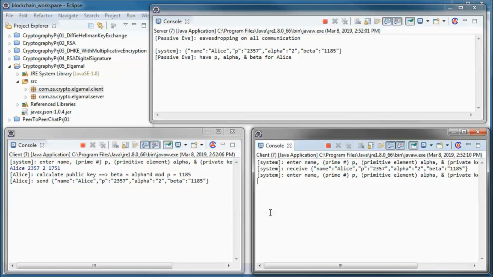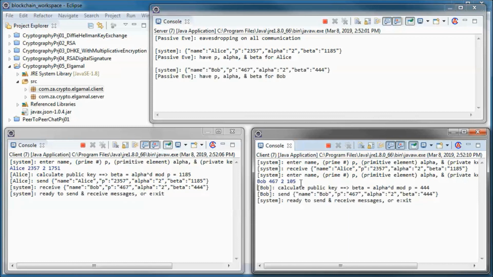And Bob picks this P and this alpha and this D, and he calculates his public key beta and sends all that information to Alice.